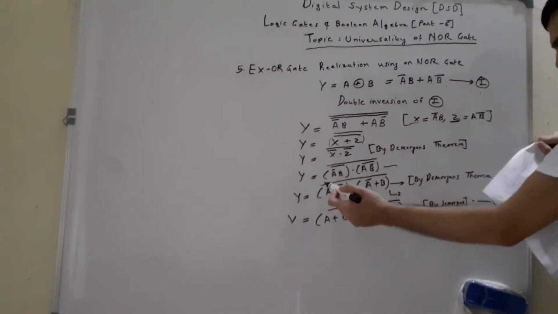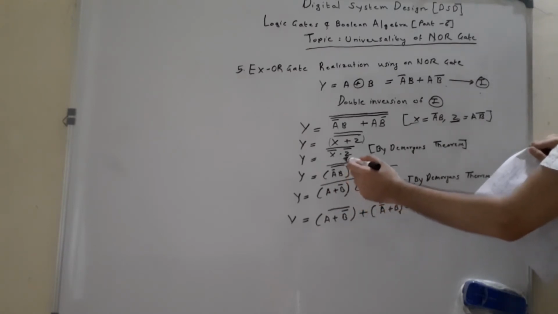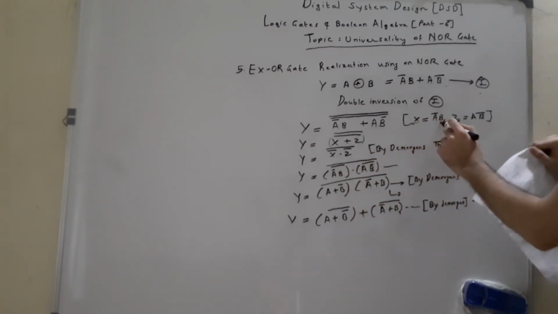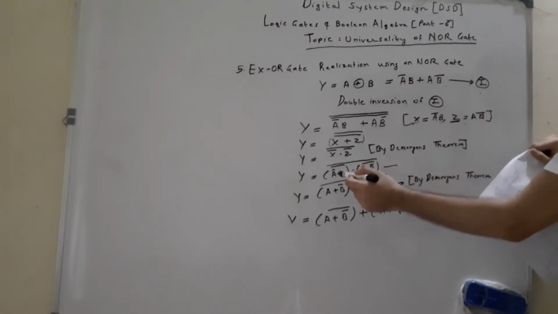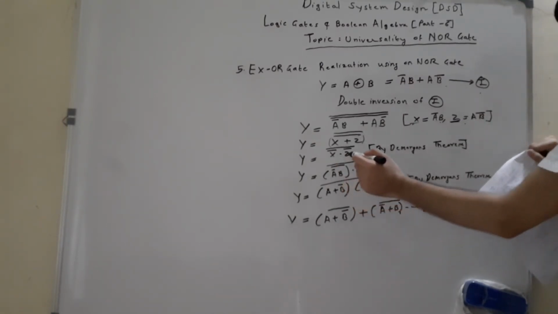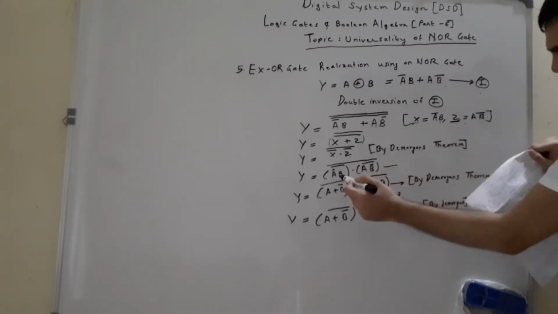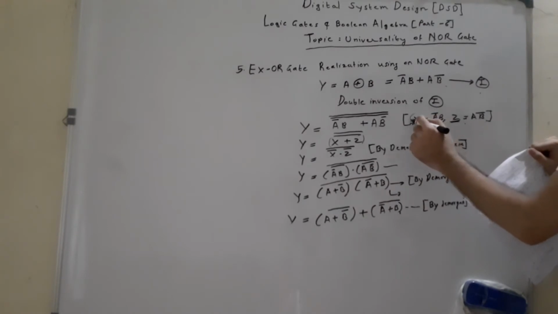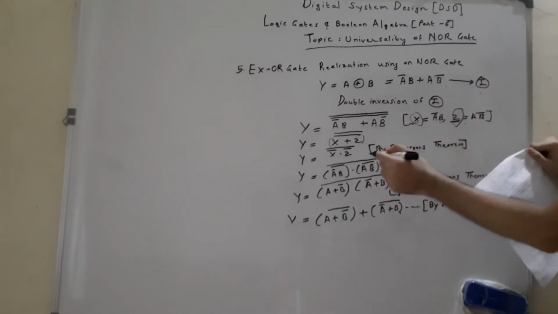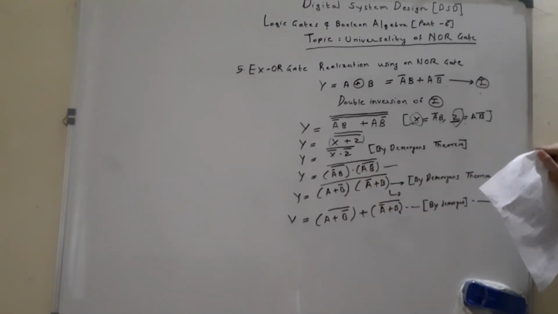Now in the next step, we have replaced the values of x as A bar B and z as AB bar. So that's the reason we have replaced x in terms of A bar B, and z is replaced by AB bar. So the equation after replacing the real values of x and z, that is A bar B and AB bar, and the reason for using these variables x and z was nothing but simplification.